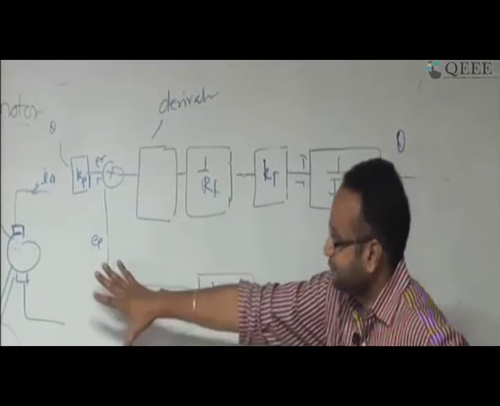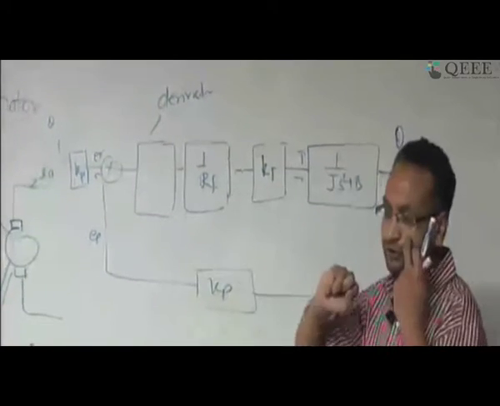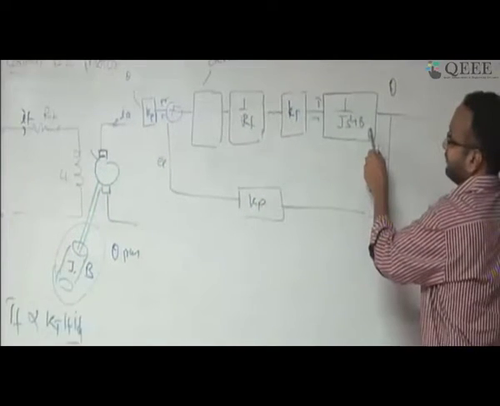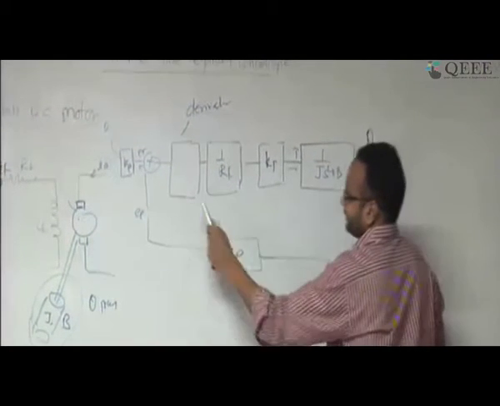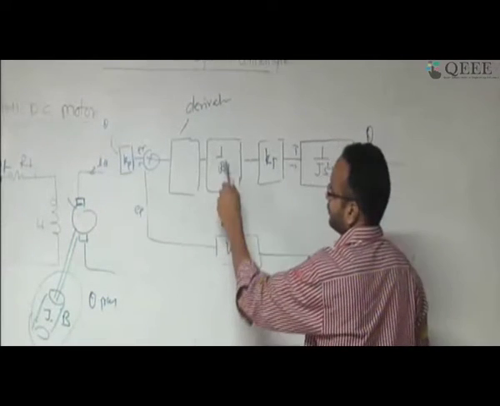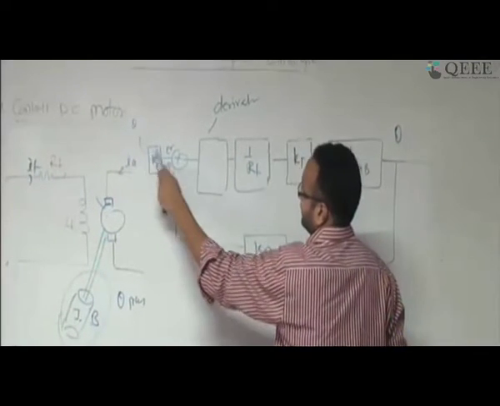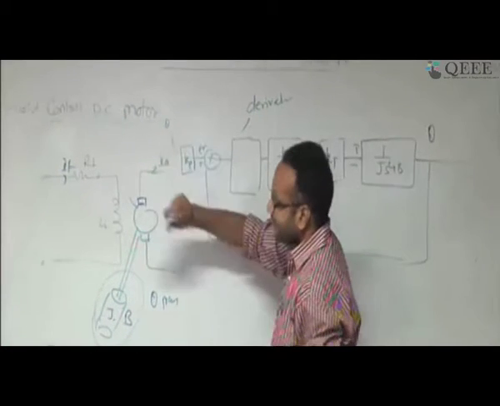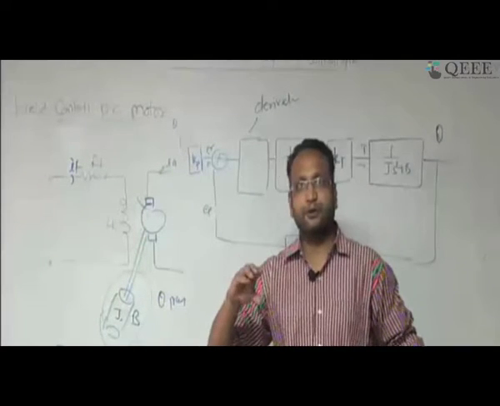So you can see the entire subsystem block diagram representation of this field control DC motor used to control the position of some object. This is my plant. The transfer function I have written is 1 by Js square plus B, where J is your moment of inertia and B is the viscous friction coefficient. The torque is provided, and the torque will be related to the field current, that's why the proportional constant Kt is written. Since I am applying this If, I have written this voltage for Rf, and this is a derivative controller, and outside I am using this theta. This P is your potentiometer constant, where you are converting the reference theta which I want.